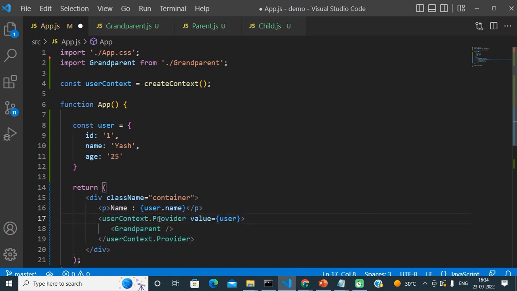Okay, and basically this syntax we need to use, and we need to include our child component inside of this user context provider component pair.